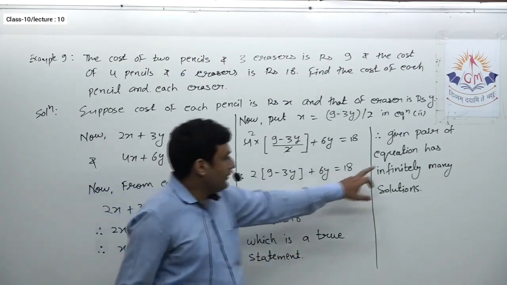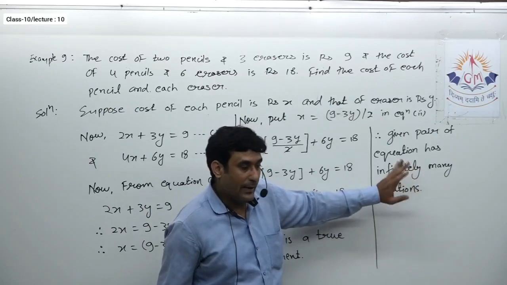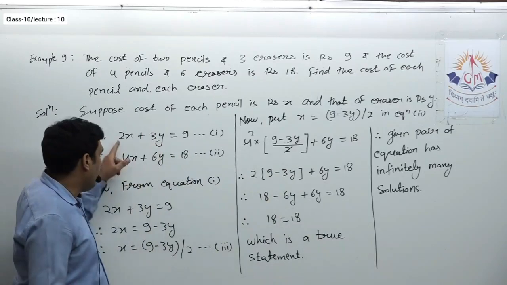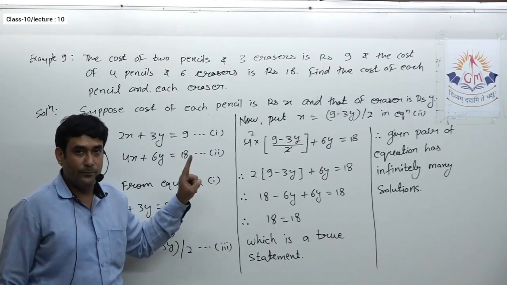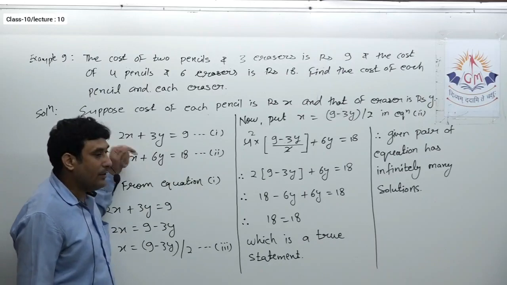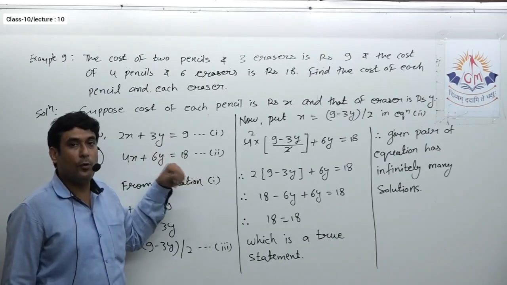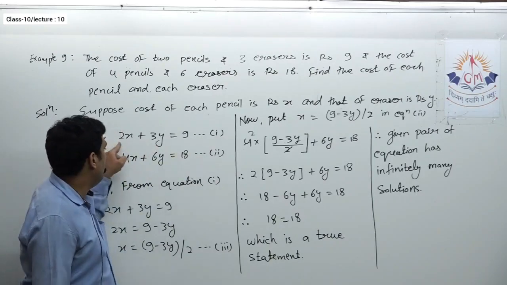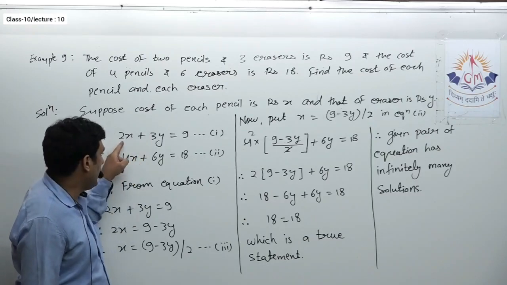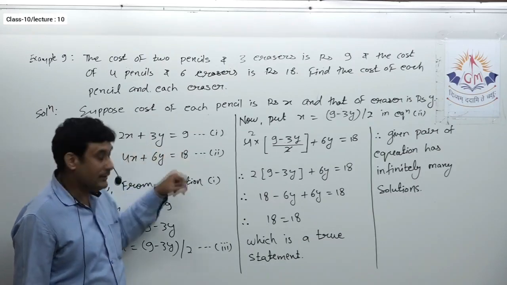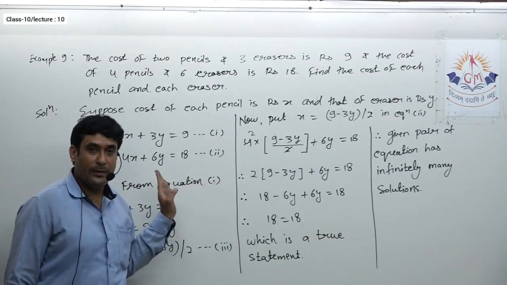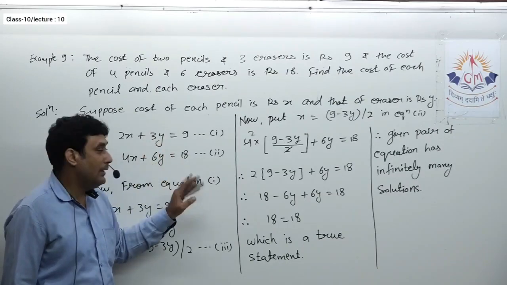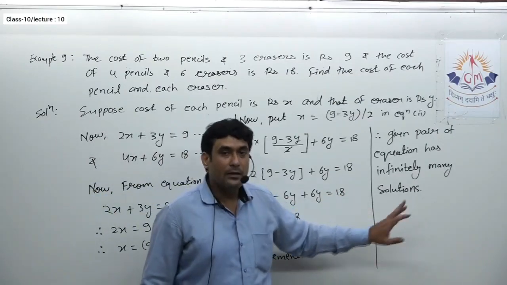Okay, see, here we concluded that it has infinitely many solutions. As per our previous lectures, when we have infinitely many solutions, we can observe the equations are exactly the same. That means either by multiplying or dividing one equation, it is possible to obtain the other equation. So here you can check that. If you multiply equation 1 by 2, what you will get? 4x plus 6y equals 18, isn't it? Or if you divide the second equation by 2, you will get again 2x plus 3y equals 9. That means these two equations are actually the same, and that is the reason we are getting infinitely many solutions.